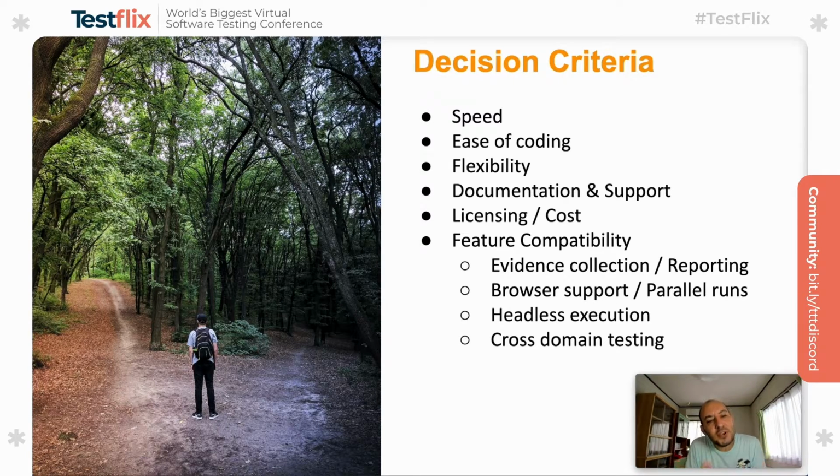Or even the features, free or licensed features, right? Sometimes in some frameworks, there are pretty cool features, but I have to pay to use them. And of course, as expected, I don't want to pay too much for those kinds of extra features. So whether all these features are free or charged might be something else that I can consider. And eventually, feature compatibility. Again, depending on the requirements, am I doing cross-origin testing? Am I navigating through different URLs or different domains, or maybe am I opening some new tabs, new windows?